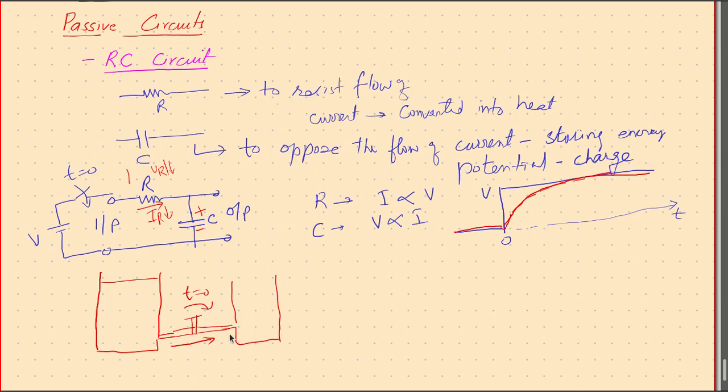But as the water rushes into the second tank, the level of the water increases, and as the level of water increases, the difference between these two levels decreases, and hence the potential difference between these two is reduced, and hence this process slows down, but still continues to flow,